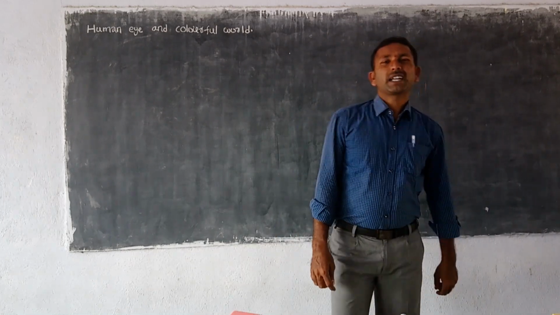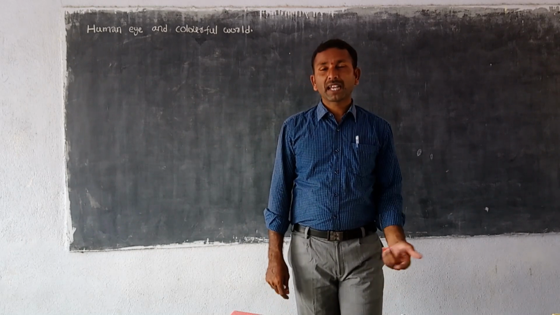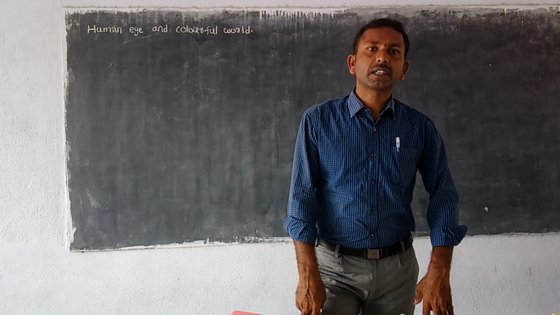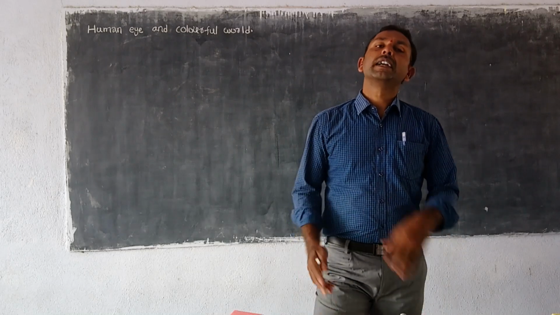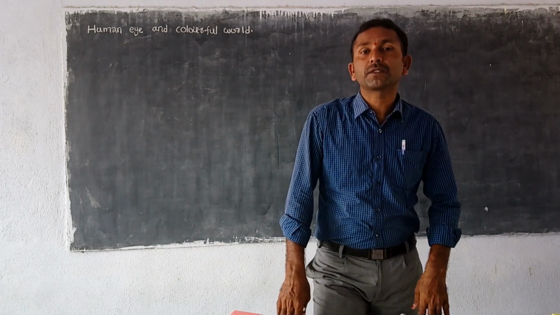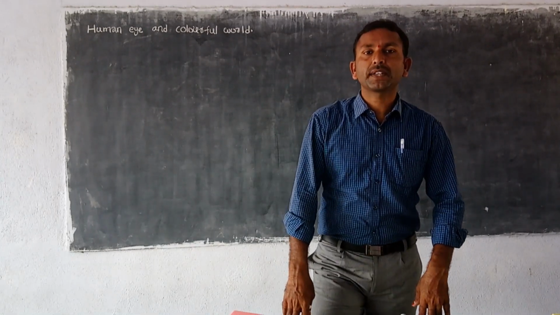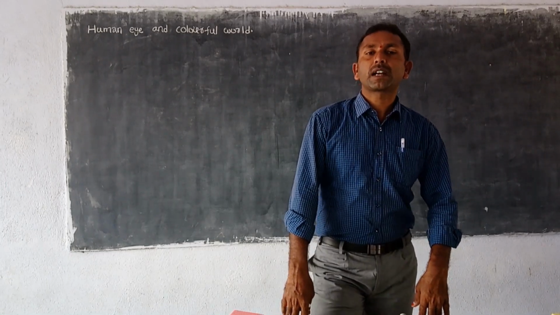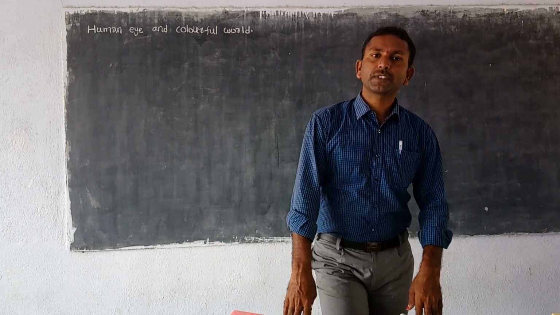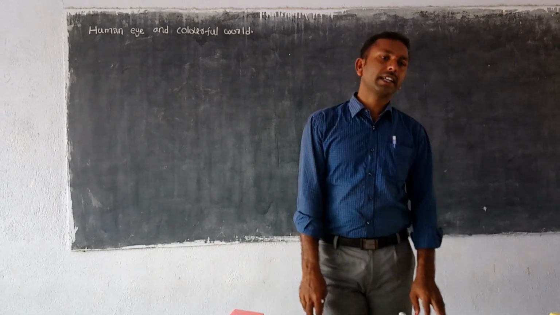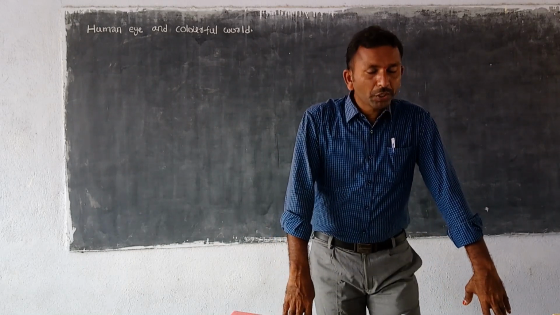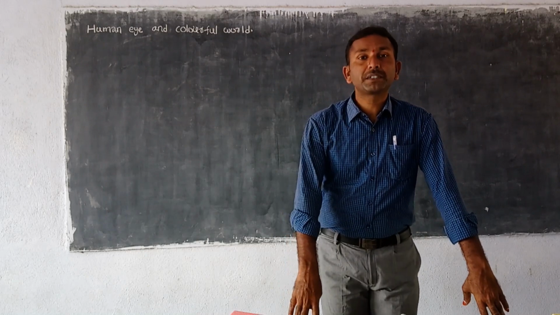Okay, so we have already discussed reflection. Reflection happens in how many media? Only one medium. If light is incident on any surface from one medium and it turns back into the same medium, the phenomenon is called reflection. And refraction means if any light ray falls on any surface, some part of the light will travel through the surface into the other medium, and this phenomenon is called refraction, and we have already learned this in the previous lessons.